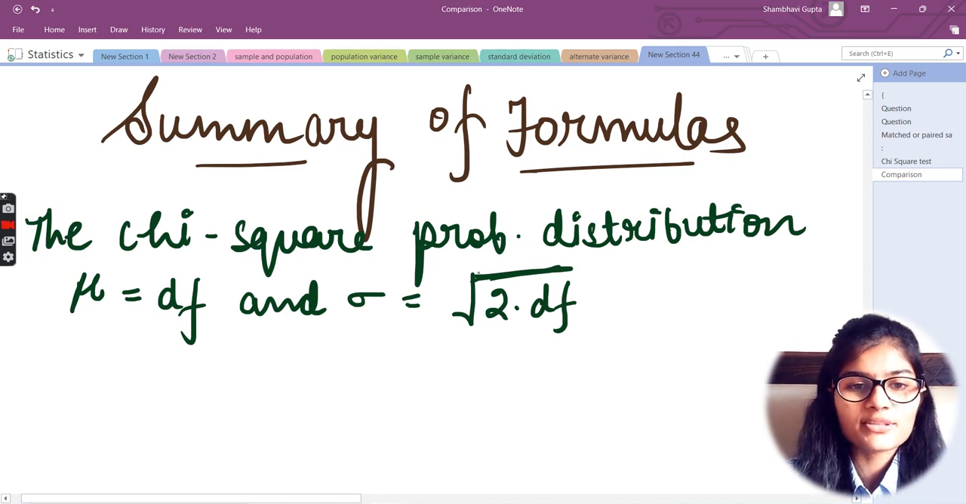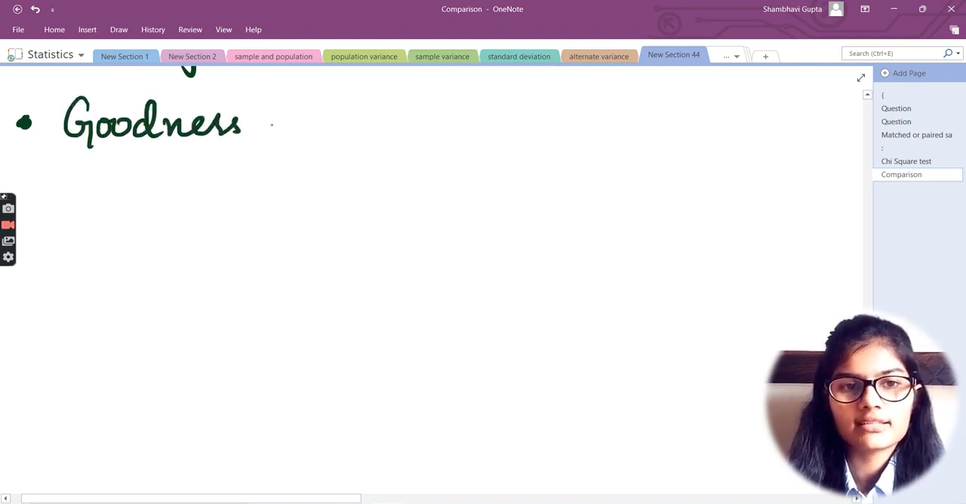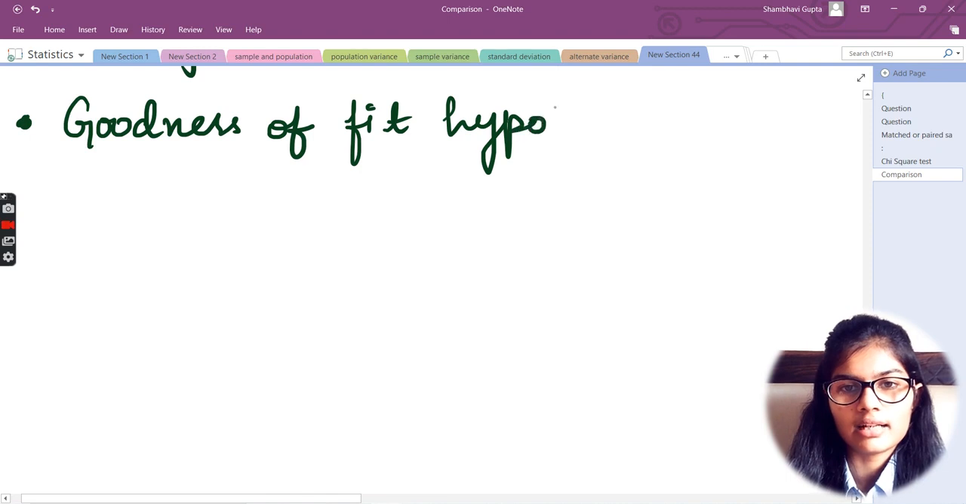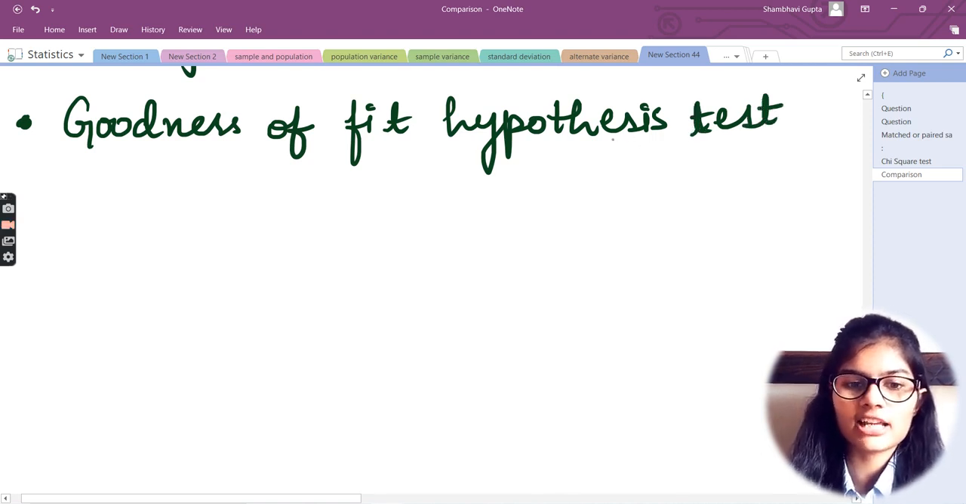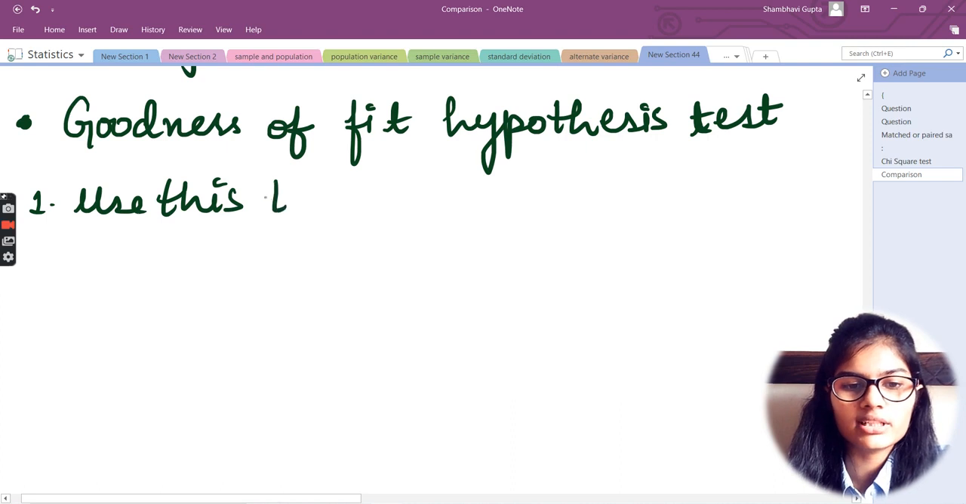Now let's move towards the topic, the goodness of fit hypothesis test, right? Let me come down and get some space for writing. Putting a dot here, it starts from here: goodness of fit hypothesis test. Okay, this is the topic. The very first point goes here: use goodness of fit. Instead of writing the complete name, I would simply write use this test